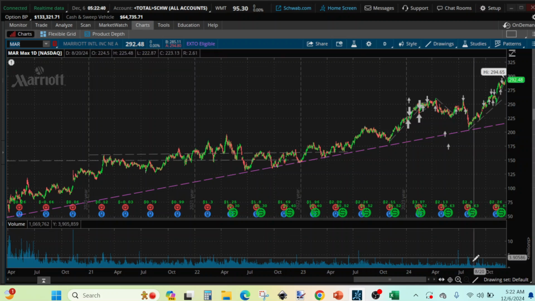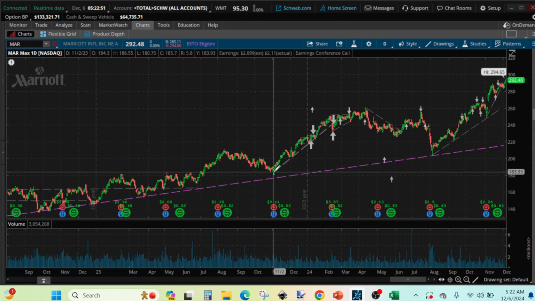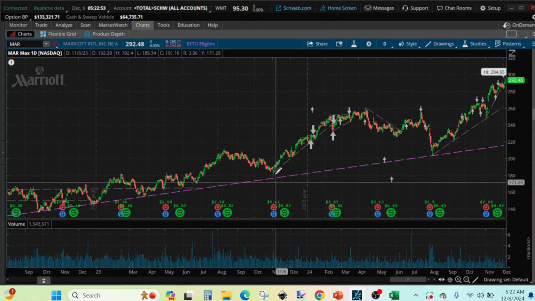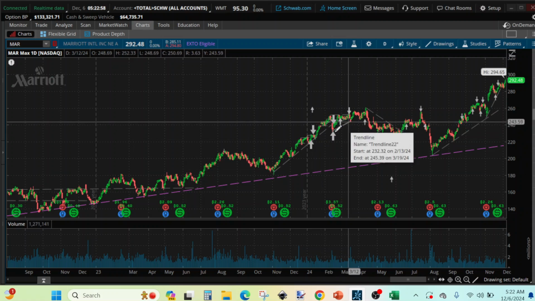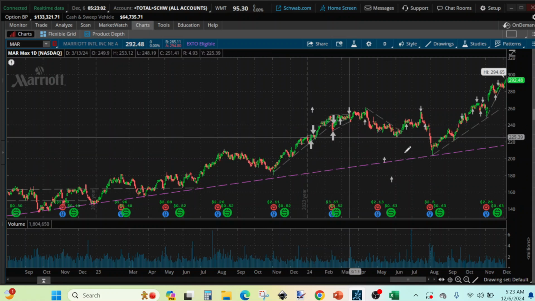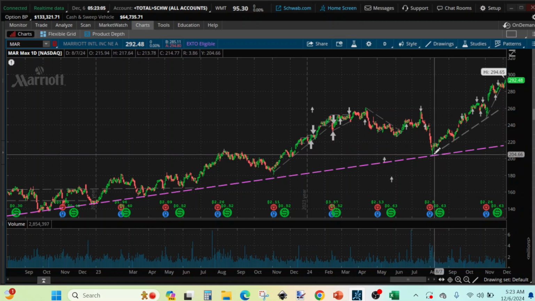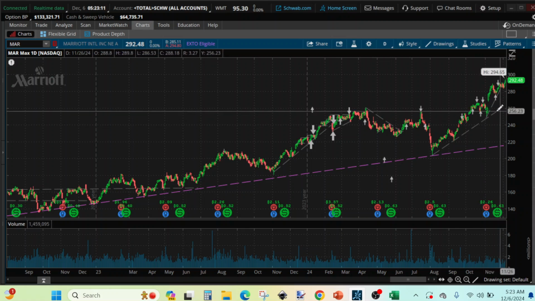So MAR, we are tracking it on the bigger trend line to see when it's going to come on it. We can buy, but there is November 2023 all the way to March that it followed the growth before it pulled back, and here is August, and it started